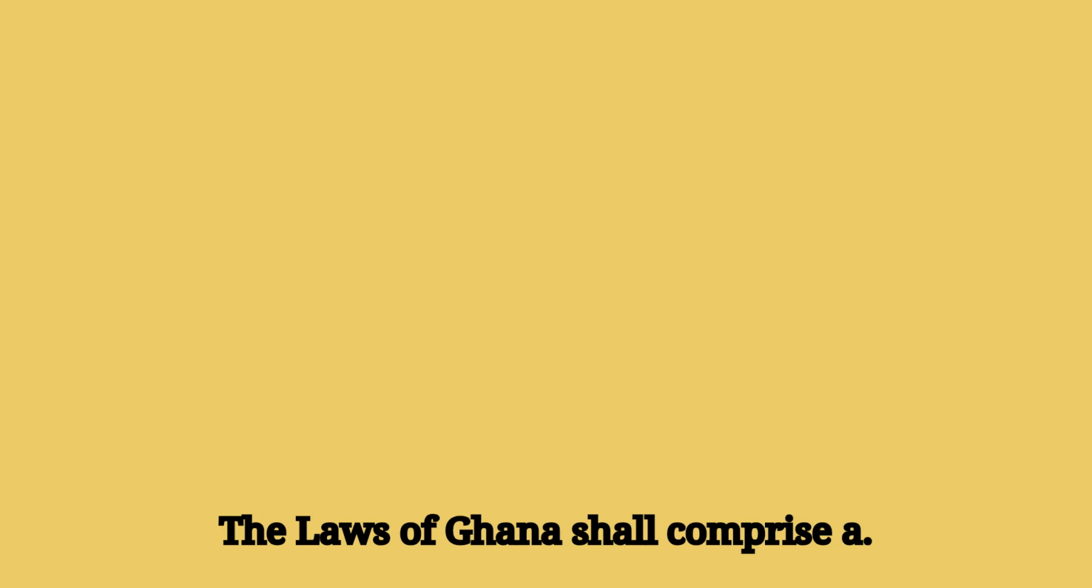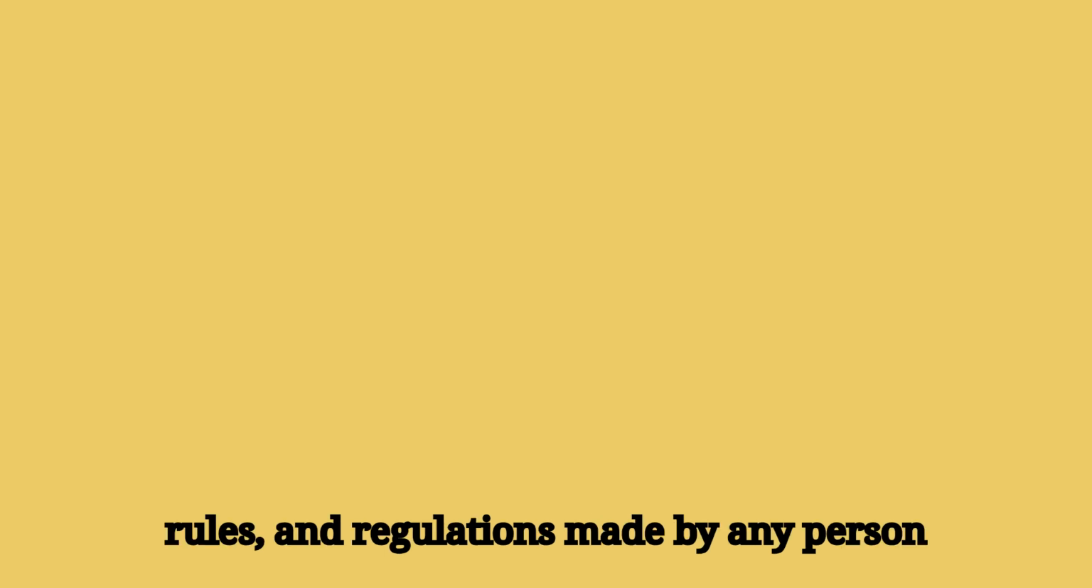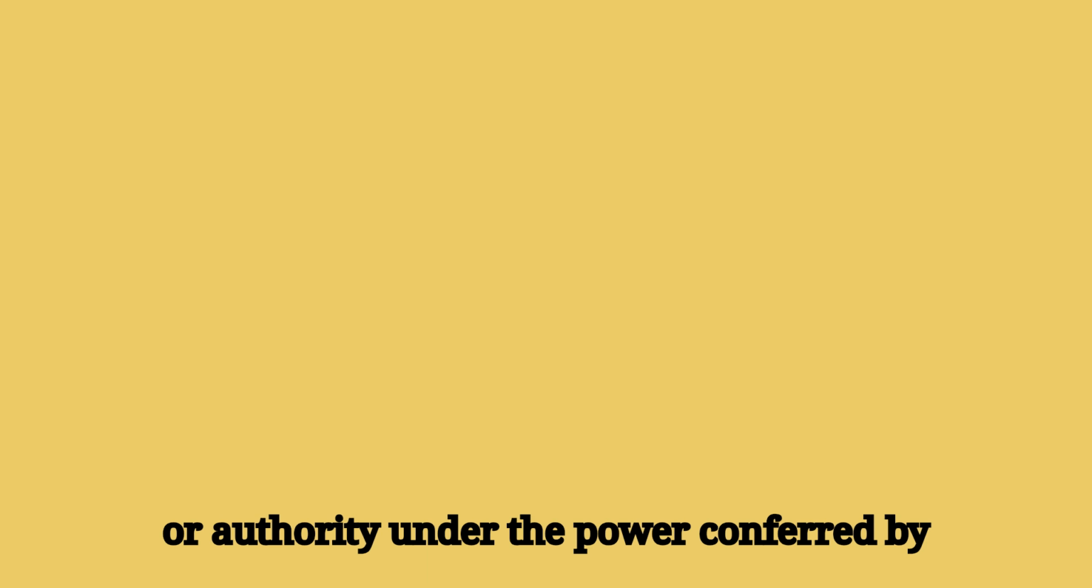Chapter 4. The Laws of Ghana. Article 11. The Laws of Ghana. 1. The laws of Ghana shall comprise: a. This Constitution; b. Enactments made by or under the authority of the Parliament established by this Constitution; c. Any orders, rules, and regulations made by any person or authority under a power conferred by this Constitution;